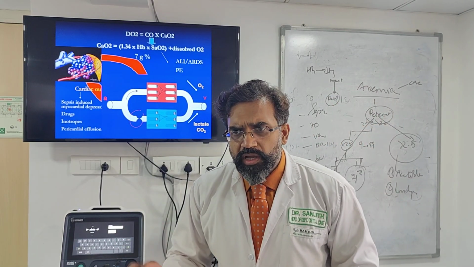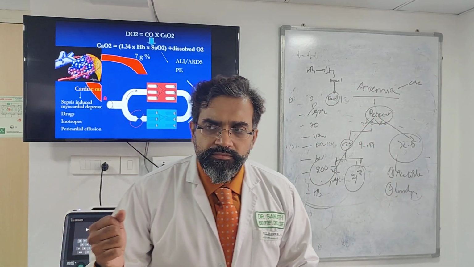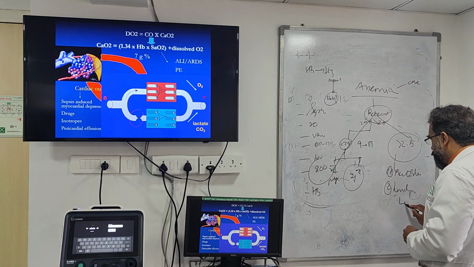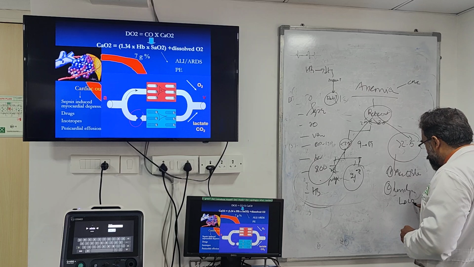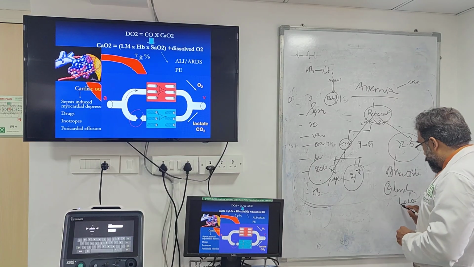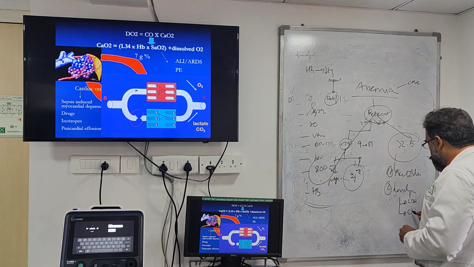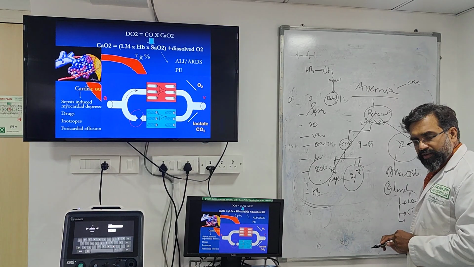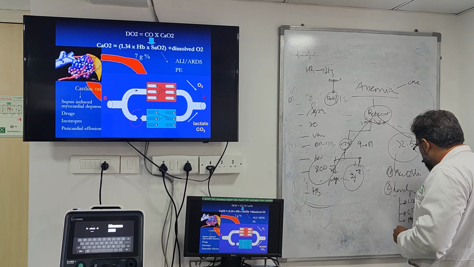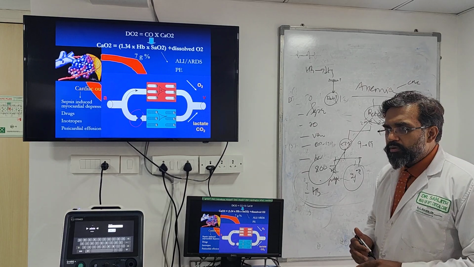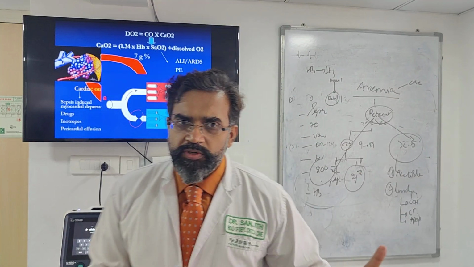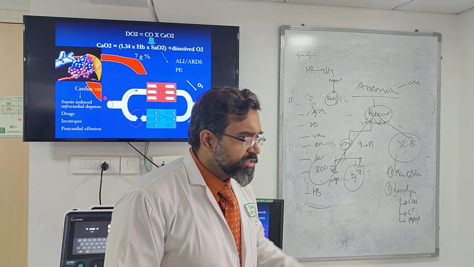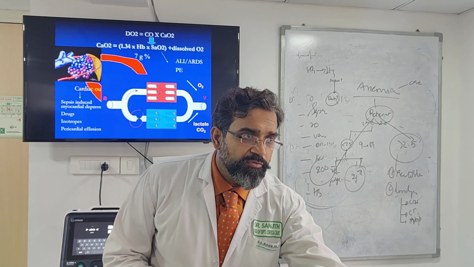Clear? Simple. And for hemolysis, what do you send? You send tests for hemolysis, of which one simple thing is LDH. Coombs test, direct Coombs test. And smear. And haptoglobin. 3 tests to be done. Very simple. One haptoglobin, one LDH, and one Coombs test. This will tell you about hemolysis, provided it is in the context of hemolysis.